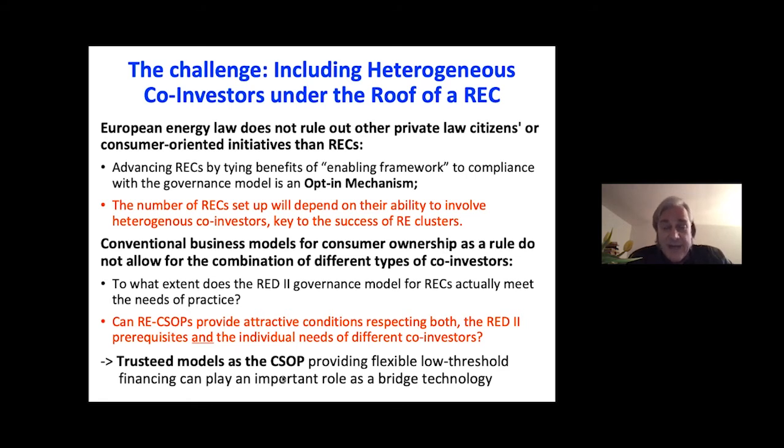But this type of energy community will not benefit from electricity sharing over the public network, and it will not benefit from the enabling framework. That means it is an opt-in mechanism. So there's a competition. And I would argue that the number of renewable energy communities set up in the next 5 or 10 years will depend on their ability to involve heterogeneous co-investors, as we also see from your pilot projects